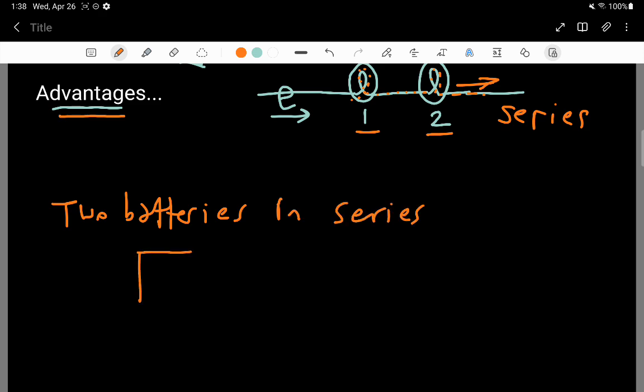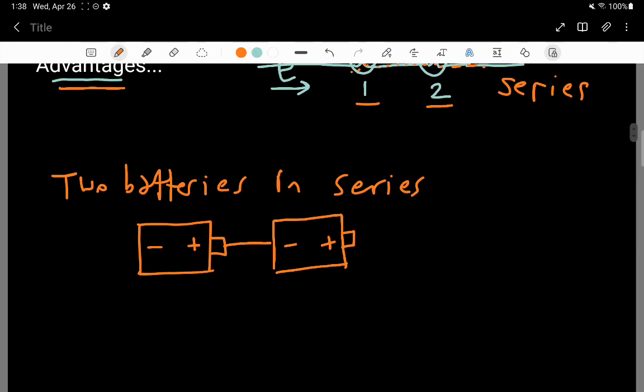So let's put this battery this way. I put the positive terminal on the right side, the negative terminal on the left side, and I'm going to connect it by a wire to this battery, oriented the same way, plus on the right, minus on the left. And these 2 batteries in series,